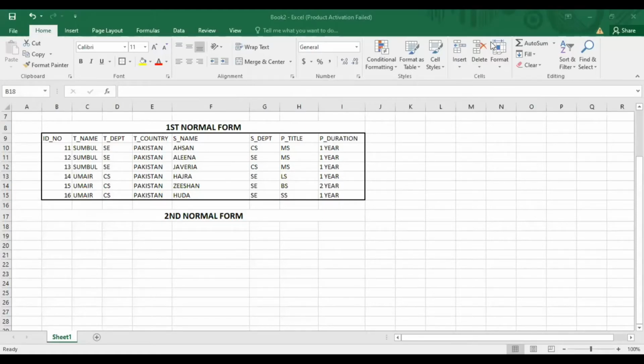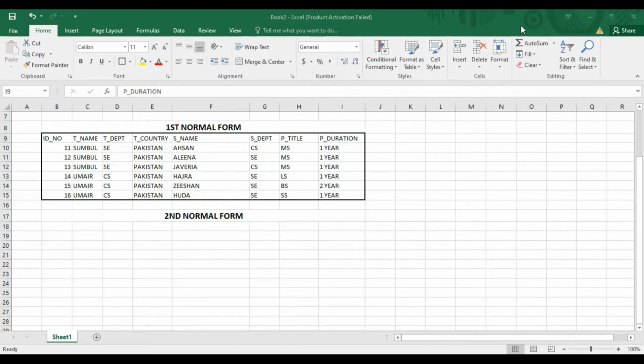What does functional dependency mean? Functional dependency means we have one set of attributes that depends on another one. Here you can see the student table is dependent on the teacher table, and the project table is dependent on the student table. So this is the project attribute, this is the student attribute, and this is the teacher attribute. These are all dependent on each other. This is called functional dependency.